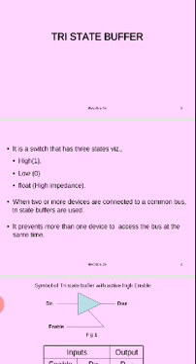Hence it is called as a tri-state. In these three states, generally we say that